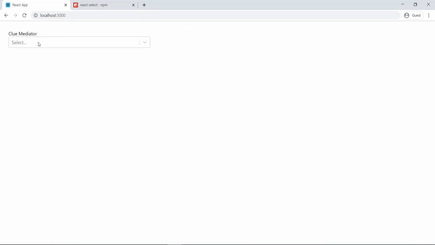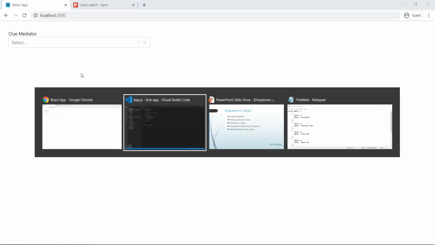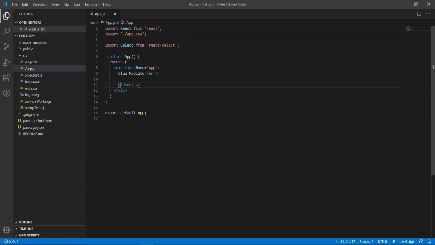Okay, good, it's coming now. Here you can see we don't have any options. So let's bind the list of options. How can we do it? Just assume that I'm calling one API and getting the records, and that list I need to bind with the drop down.